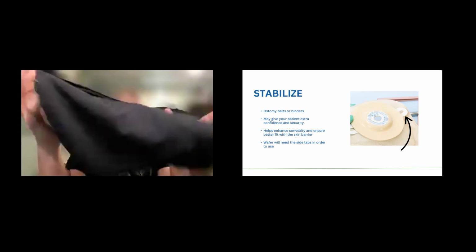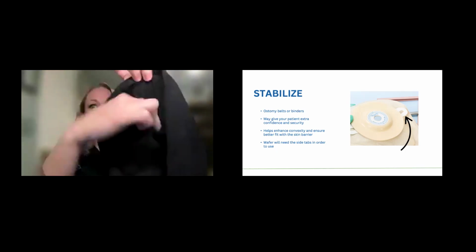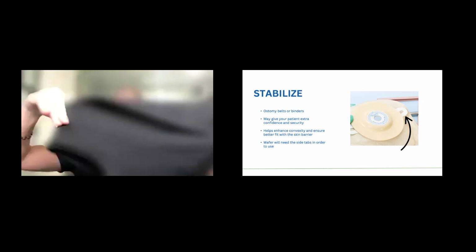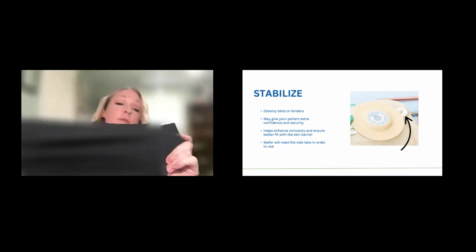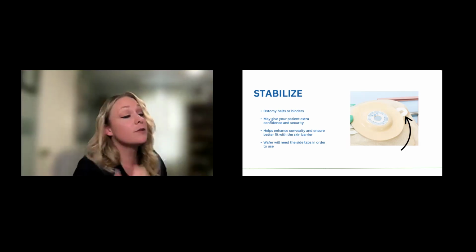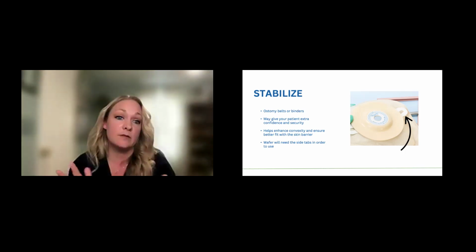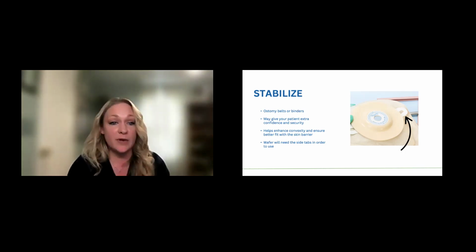Just kind of like a fanny pack. So the pouch can go up and under through here, and they wear that up underneath their clothes, and it'll help push it up and help them feel secure up against them. The belts and binders can also help enhance convexity and ensure a better fit with that